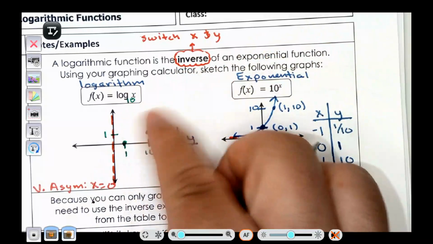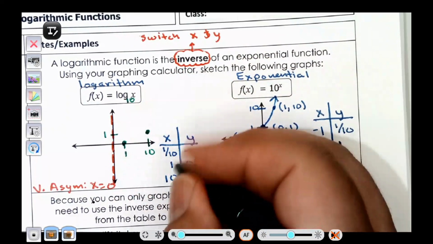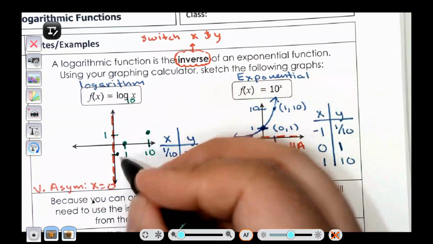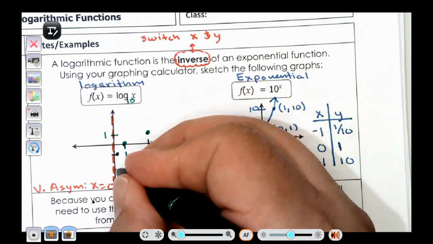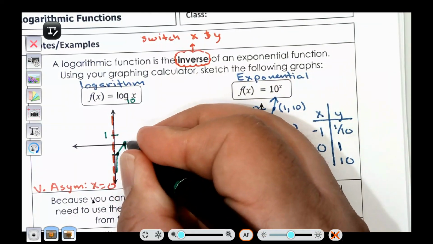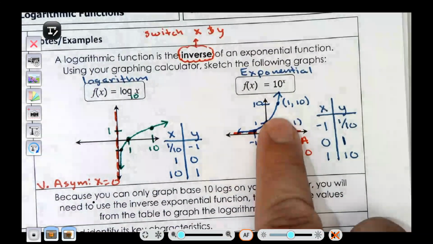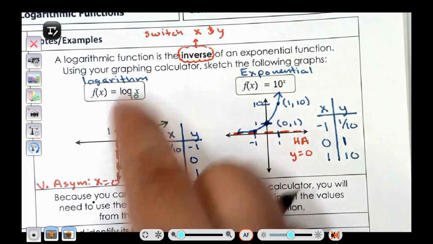We wouldn't say growth or decay, but I can say that my graph is increasing because of the 10. And then it's 1/10 and then -1. So look at that. That's me getting closer to the asymptote, just like we used to over here. But now it looks like this. Remember, the inverse is the idea of switching an x and a y. So if you know how to draw an exponential, you can very easily use those points to help you draw